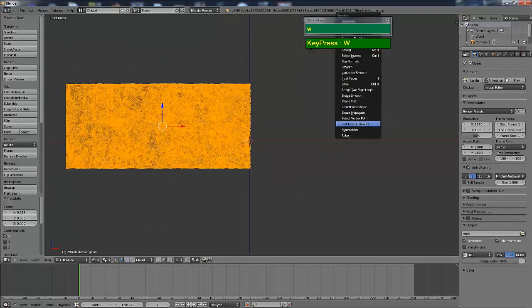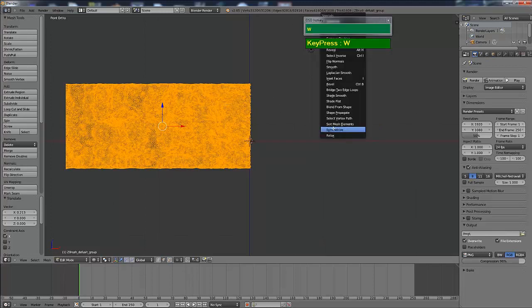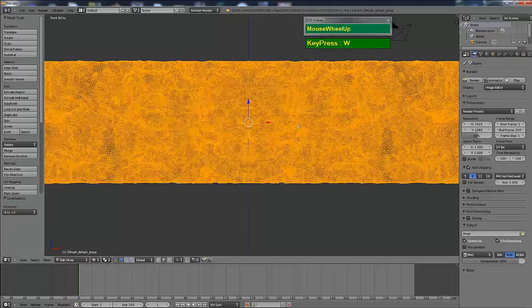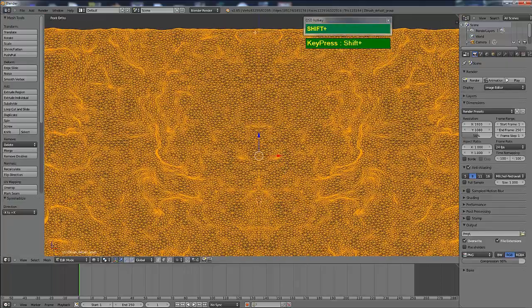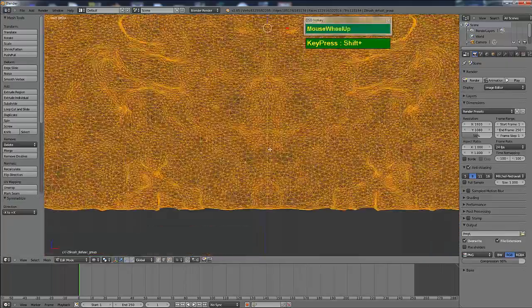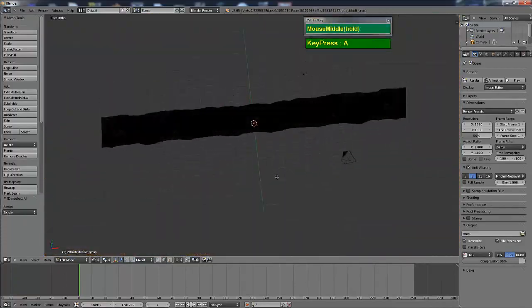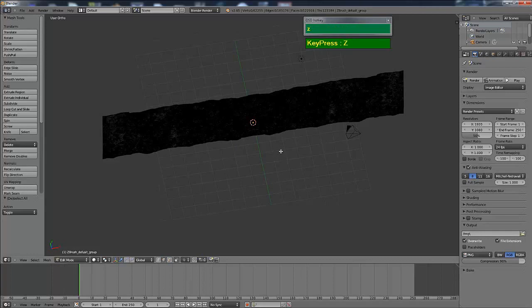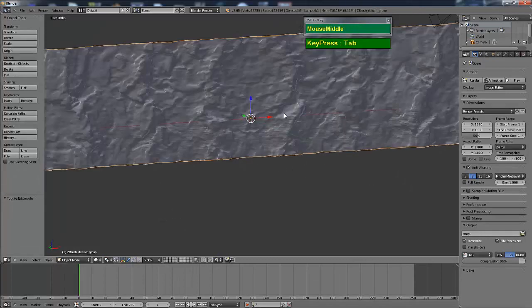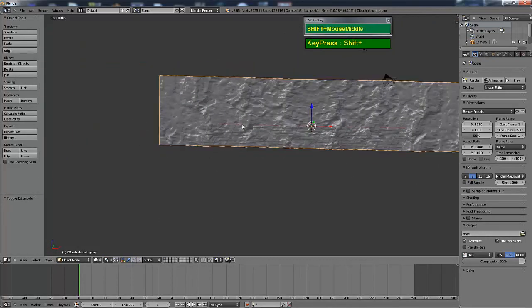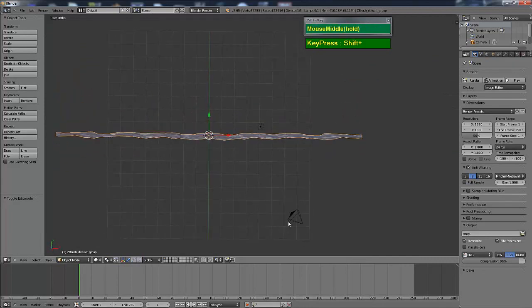and then you're going to apply a symmetrize, where you duplicate another piece on the other side. So select symmetrize. Make sure you're always in the front orthographic view when you're doing that. Then press W and select symmetrize, and it will duplicate another piece and at the same time stitch it to the center. So now I can press A to deselect, and I should have a nice continuous piece with straight edges at both ends for me to join later on.